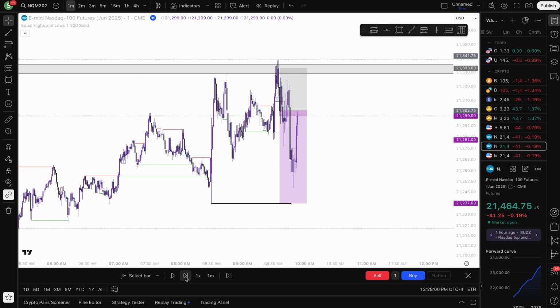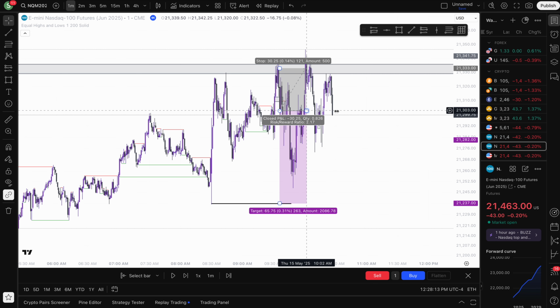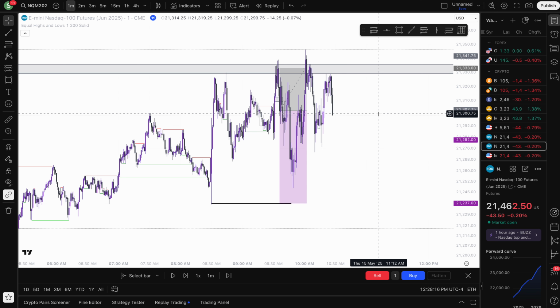Pretty much always gets hit, but I guess we didn't want to hit this time. We just ended up chopping around after I got stopped at break even. So yeah, this was the trade. It's one of the most confident trades I've taken in a while. Just everything aligned really well. So let me just